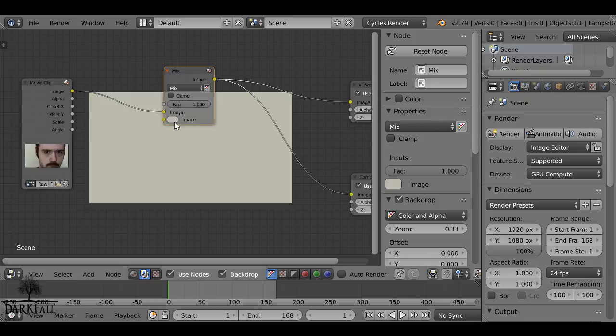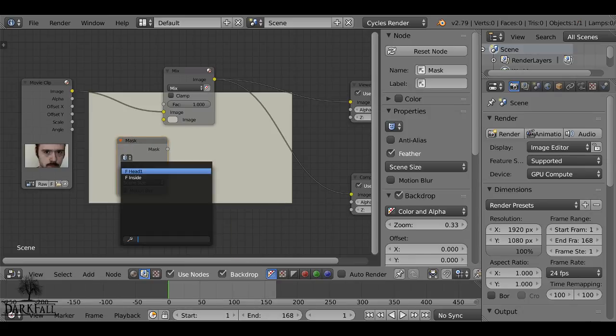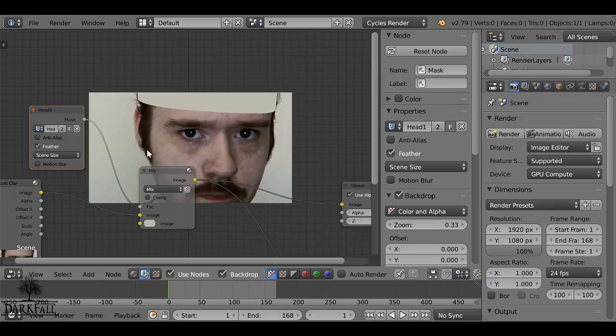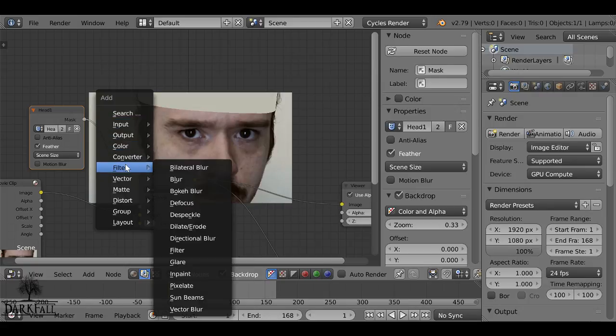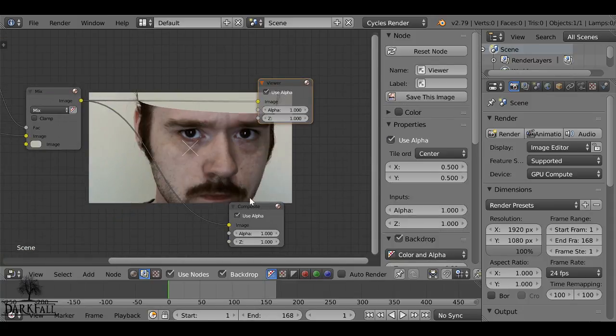If we mix them just using that color, Shift A, go to input, then mask, and we're going to use head 1 as the factor, so plug that in. We have this, which doesn't look too good. We will be adding another mask to this just to get rid of these bits of hair here, but for right now I'm going to move on to the next part, which is adding the